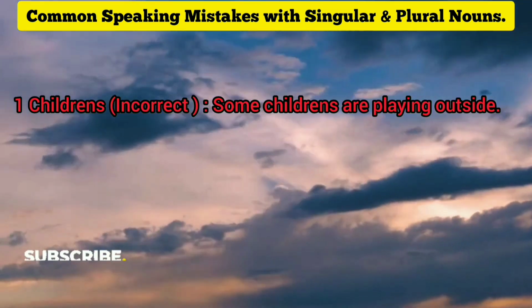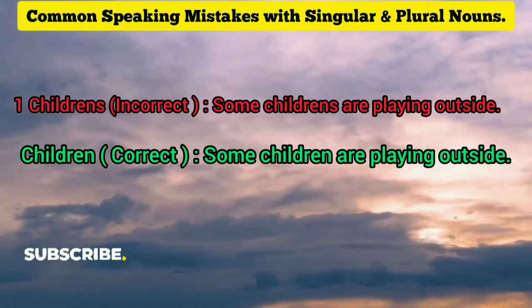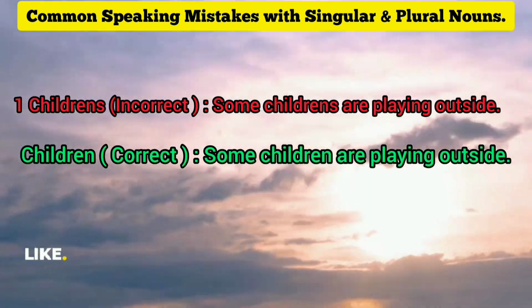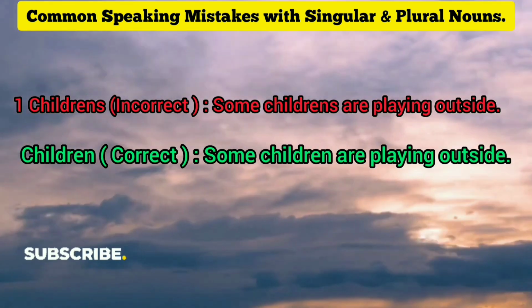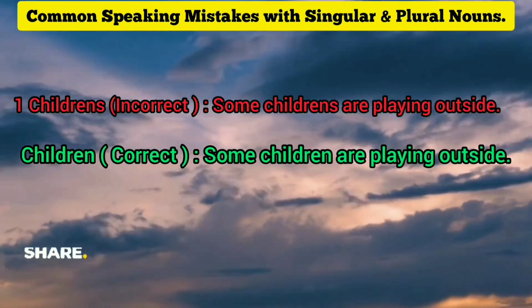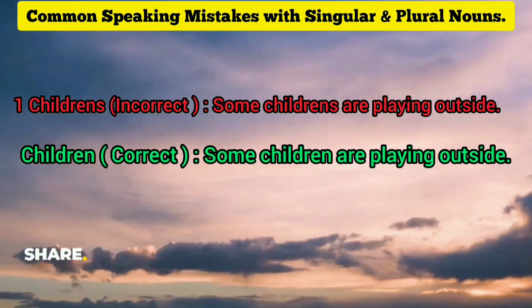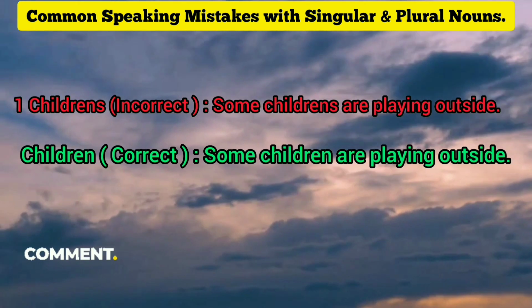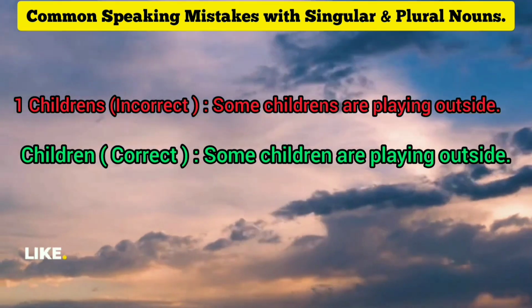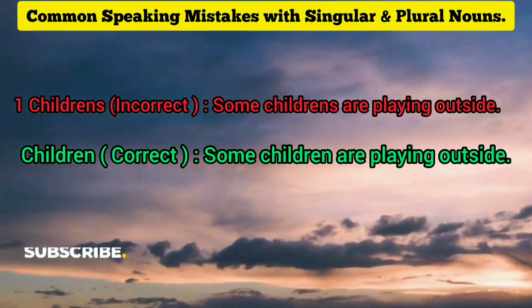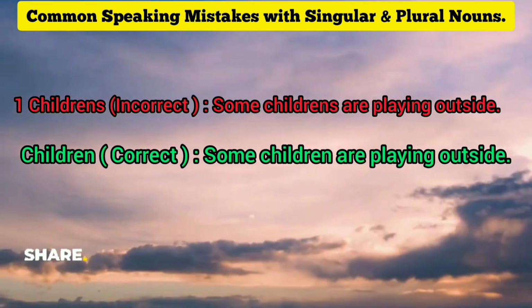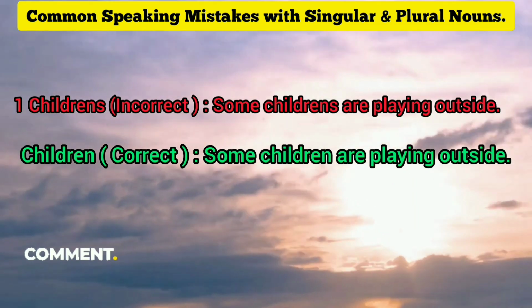So as you see the correct sentence, the correct plural form is children. Child is singular and children is plural because it is an irregular plural noun. So here we don't have to add s, children is already plural. So the correct sentence is on your screen, some children are playing outside. Don't use children's. You can use an apostrophe, but you cannot add a normal s this way and say children's,